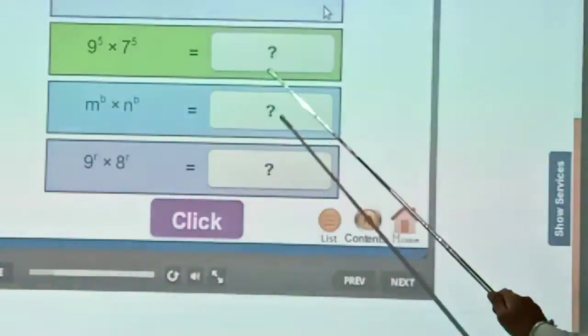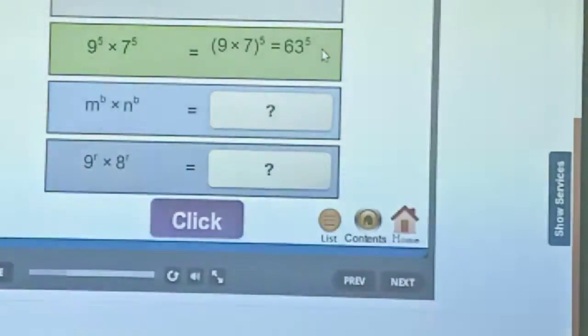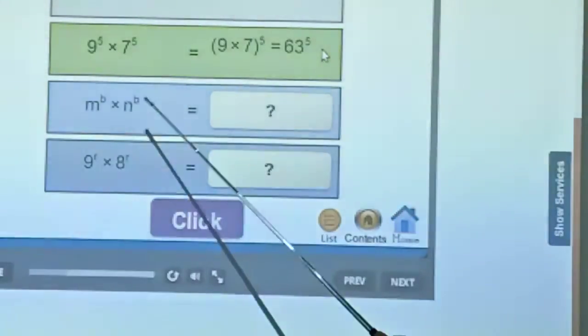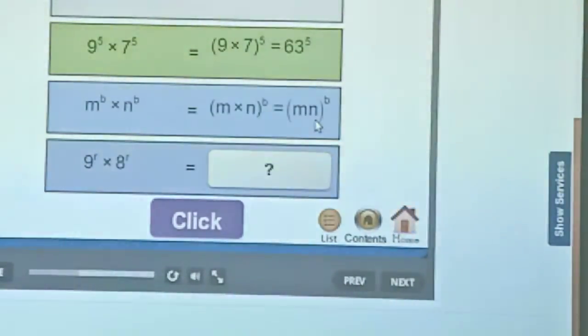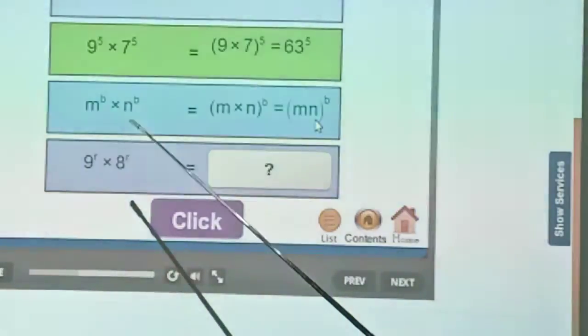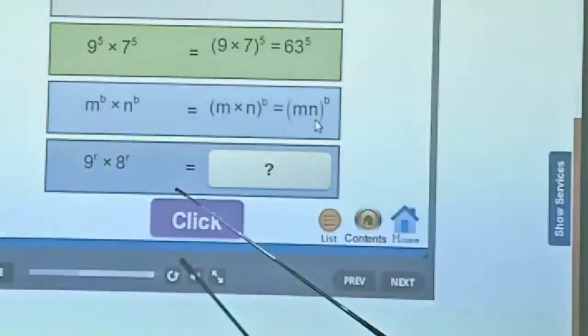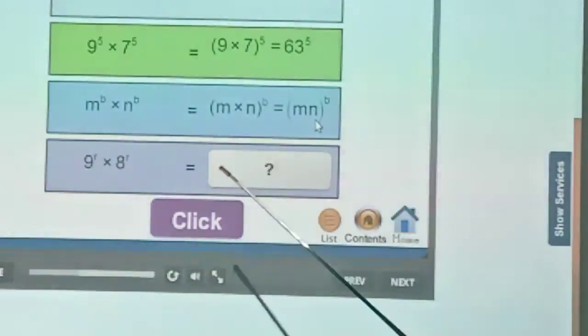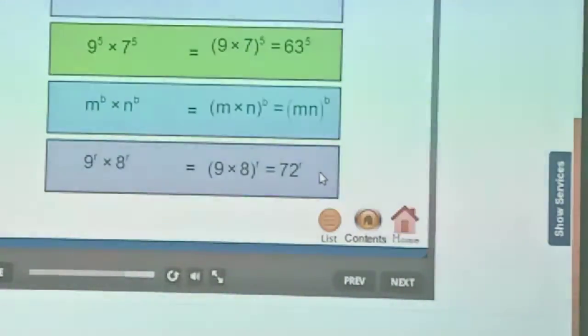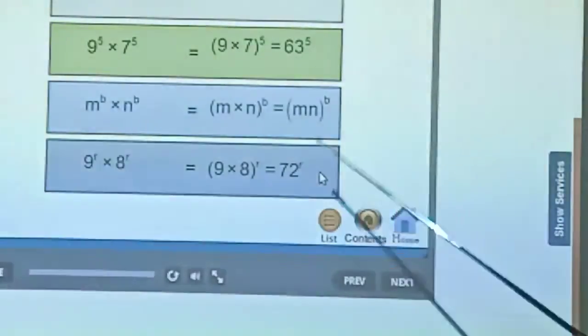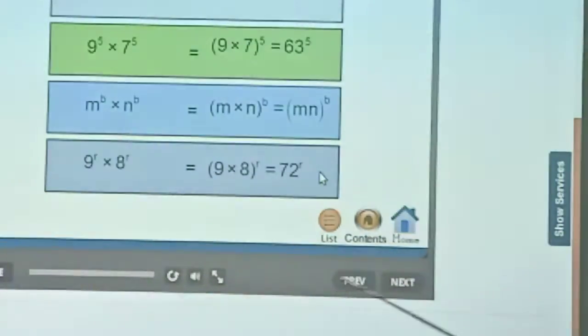Let's see the answer. 63 raised to the power 5. m into n raised to the power b. Power remains the same. Here the power is r. So 9 into 8, 72, and the power will remain the same, which is r. So we will have 72 raised to the power r. So these are the examples of that law,